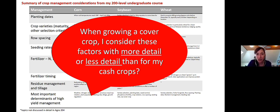Okay, I got one response of someone saying less. They're thinking less about some of these factors when they're managing their cover crops. So we got one vote for less. Maybe there's more thoughts. Andrea, I had one person send to me more. More. Okay, so we've got one vote for more, one vote for less, one no thought. Okay, less, even though I know better. Thank you for that comment, Brian. Okay, so some people are saying more, saying less, some no thoughts. And,